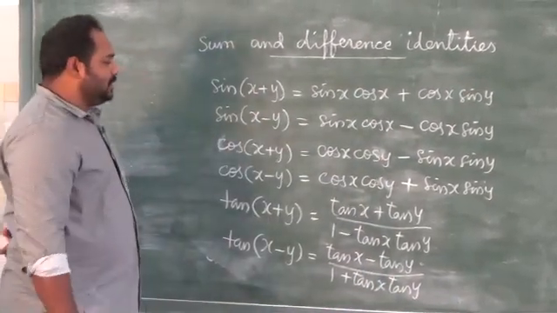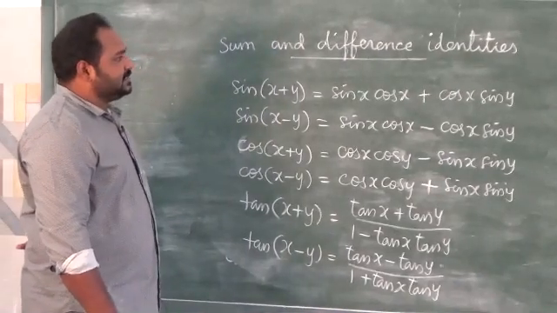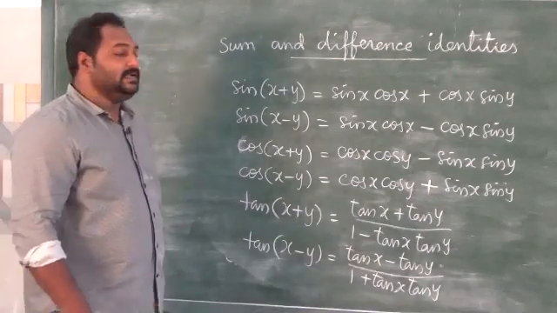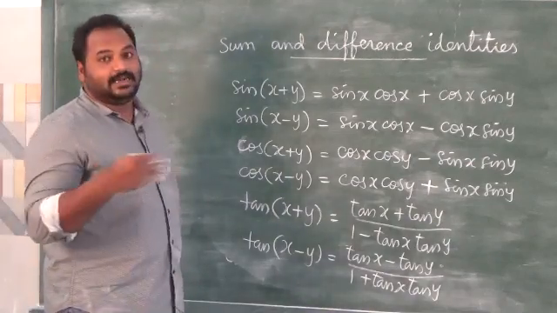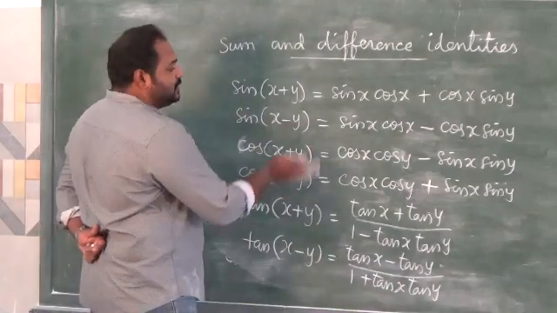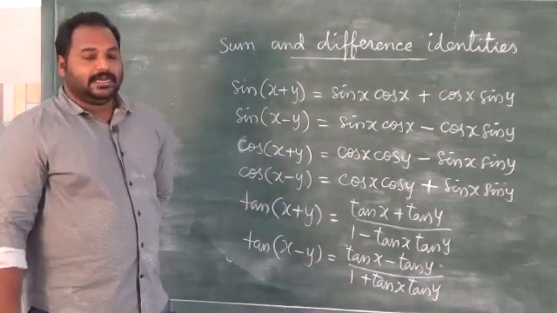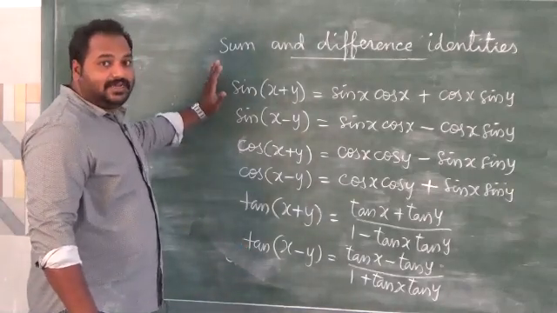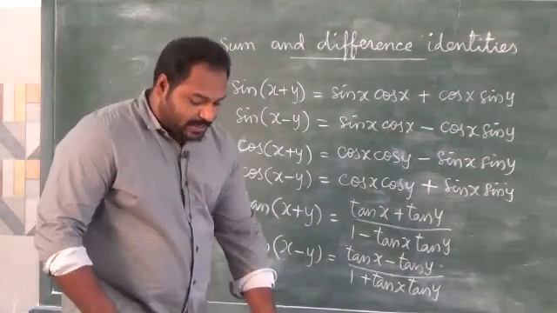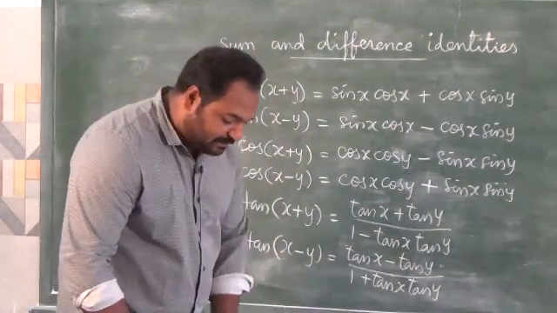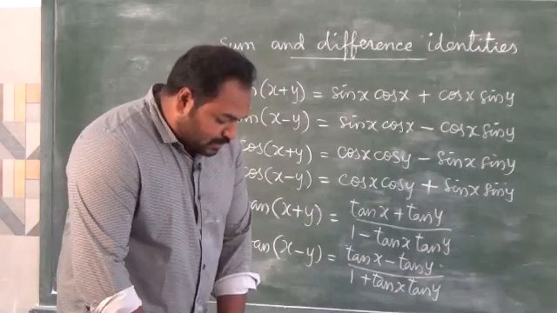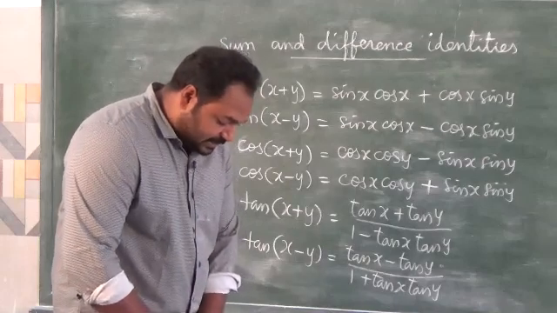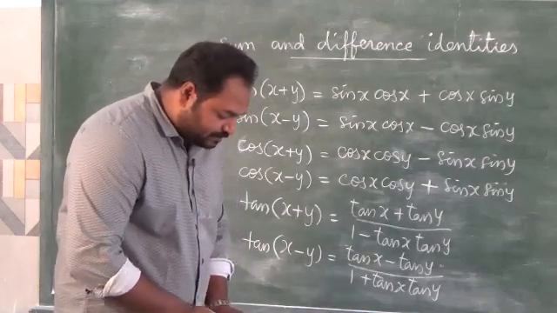So these are the very important identities for exercise 3.4, not only 3.4 but in further exercises and some other chapters also, somewhere we are going to use these identities. So it is very important, so memorize all these identities and keep them at your fingertips, otherwise it is not easy to do the problems. So we can go for the problems, exercise 3.4.